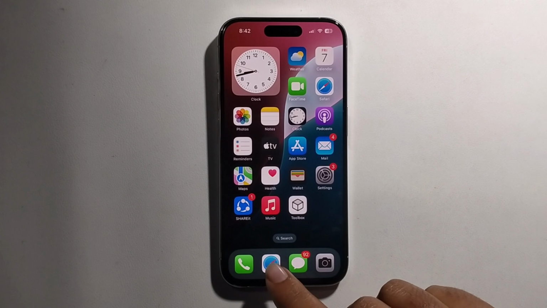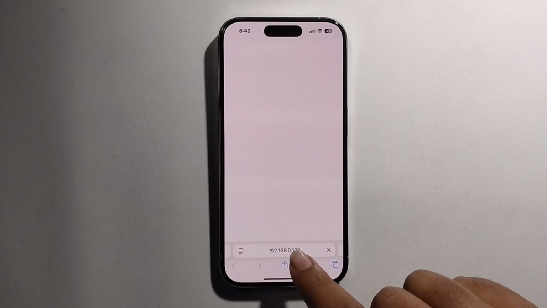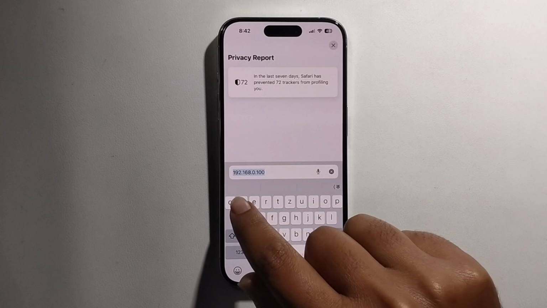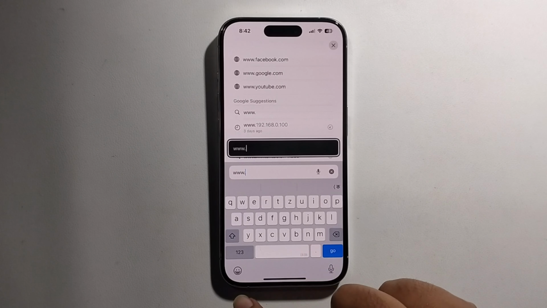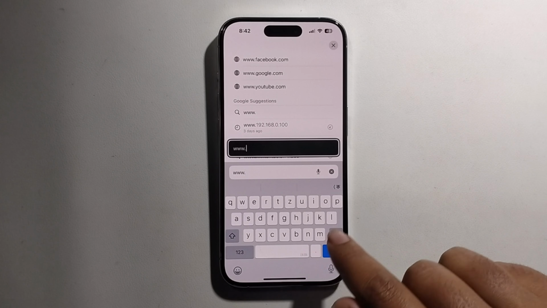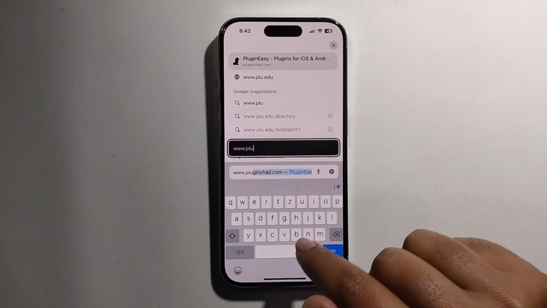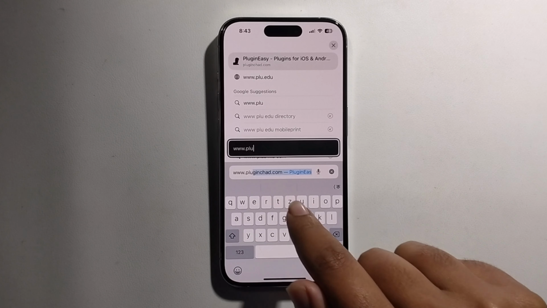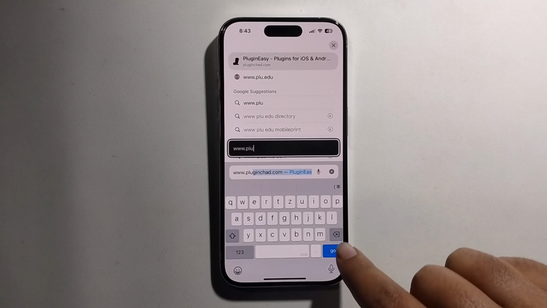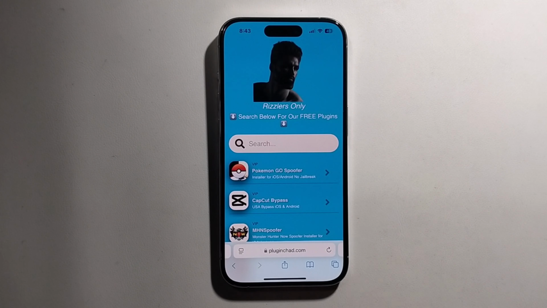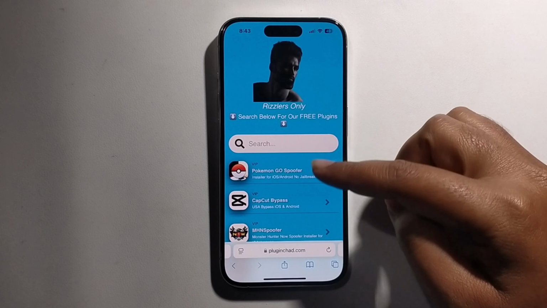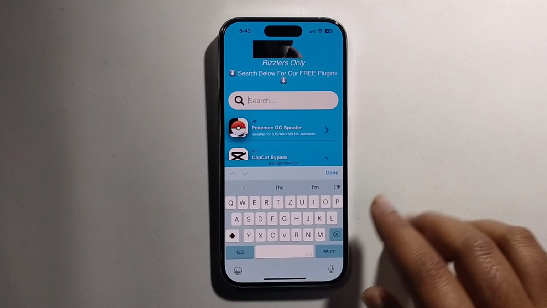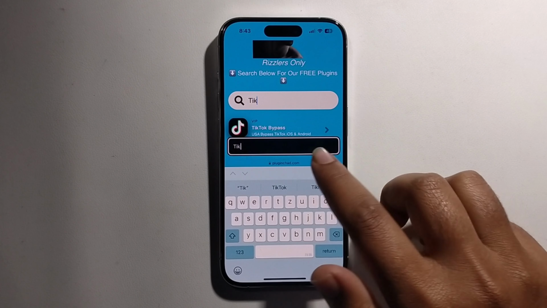and just open the Safari browser and go to the search option, search for www.pluginchat.com. Okay, and get this option, go to the search option, search for TikTok,